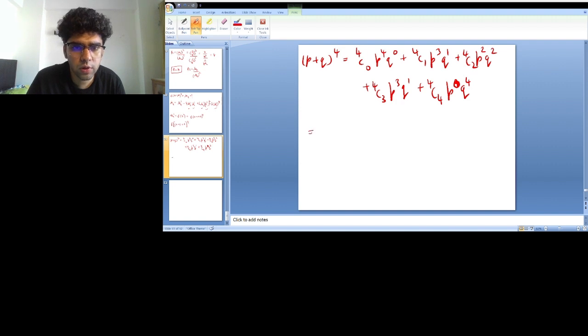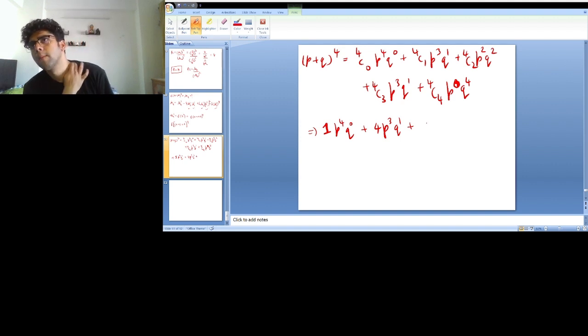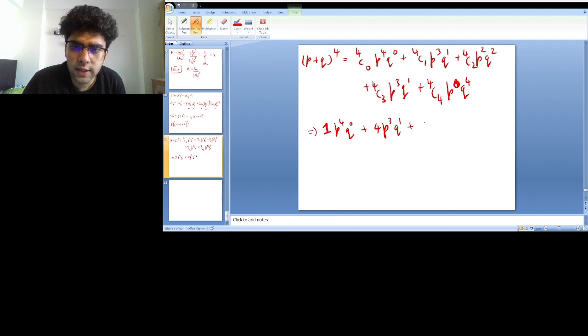So my coefficients are 4c0 is 1, p4 q0 plus 4c1 is 4, so p3 q1 plus 4c2, 4 factorial upon 2 factorial gives me 4 into 3 upon 2 gives me 6. So 4c2 is 6, 6p square q square plus again 4c3 is 6,